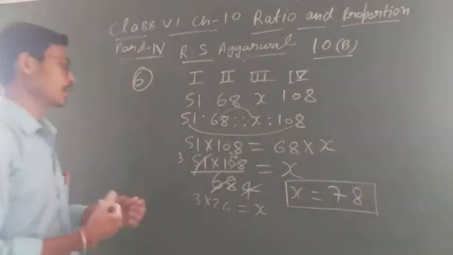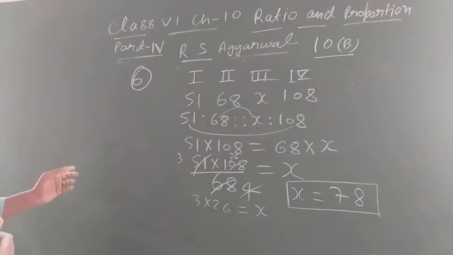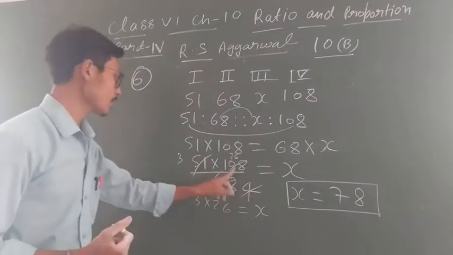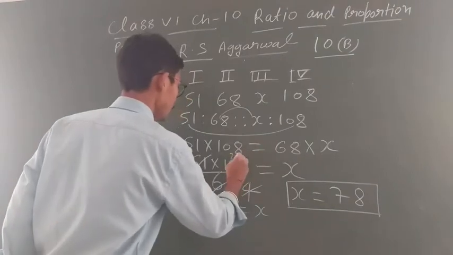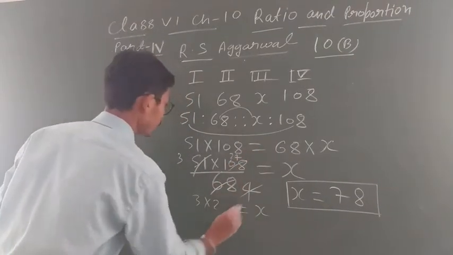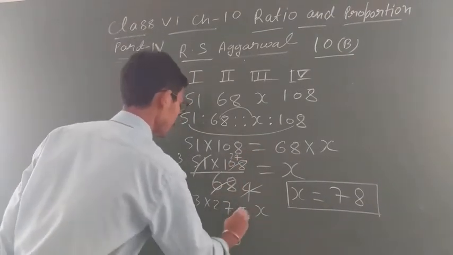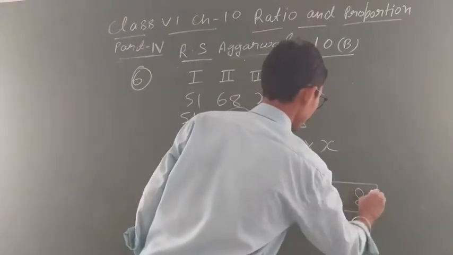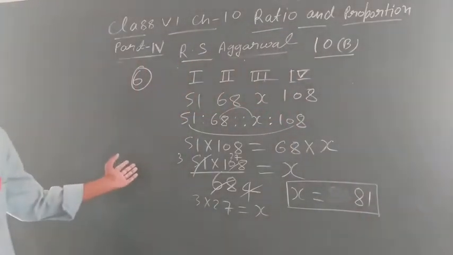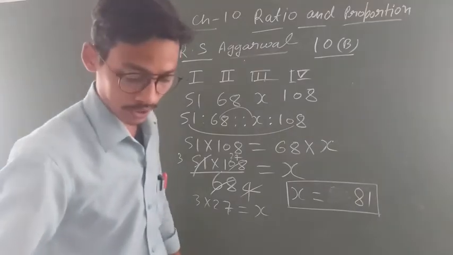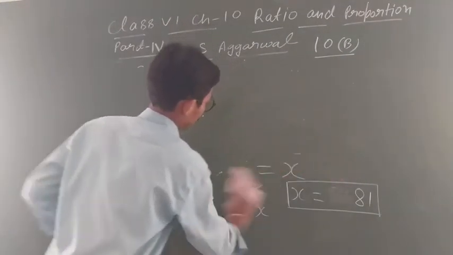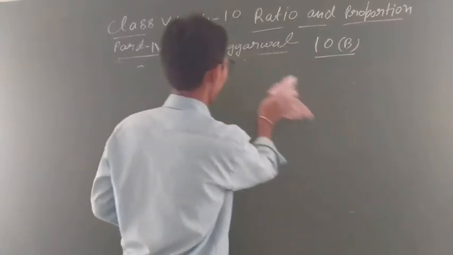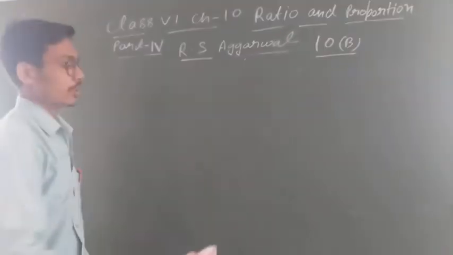If there is any mistake in calculation you can check, student. Okay, 7 threes are 21, 7 fours are 28, 4 twos are 8, 4 sevens are 28. So this will come, sorry, this will come 81. Okay, there was a mistake. So if there is any mistake in calculation, student, you can correct it. So by this you can solve, student. Any term that is given, I think now you are able to solve.